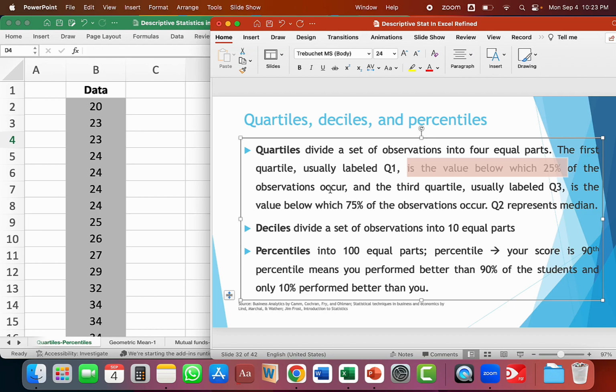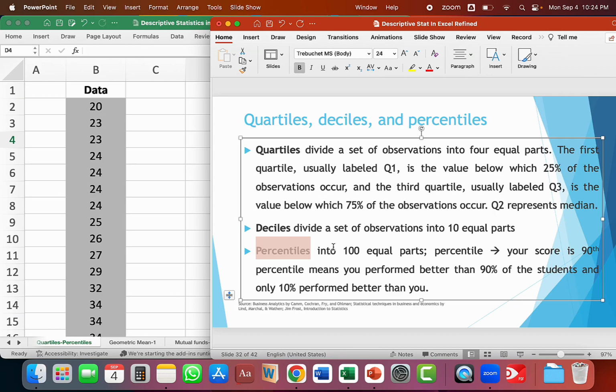And then we have the second quartile, and that contains up to 50% of the values, and that's also called the median value. And the third quartile is Q3. Sometimes rather than dividing data into 4 parts, we can also divide it into 10 parts, and that is called deciles. But quartiles are more common, and percentiles are more common, and in percentiles we divide the whole data